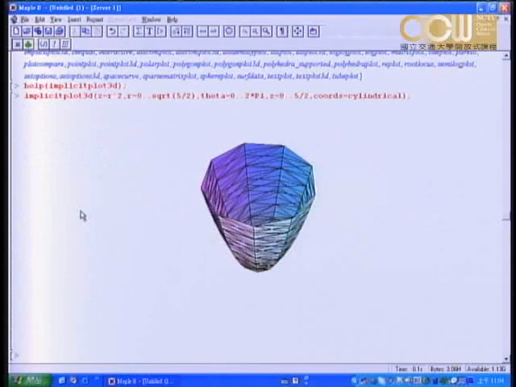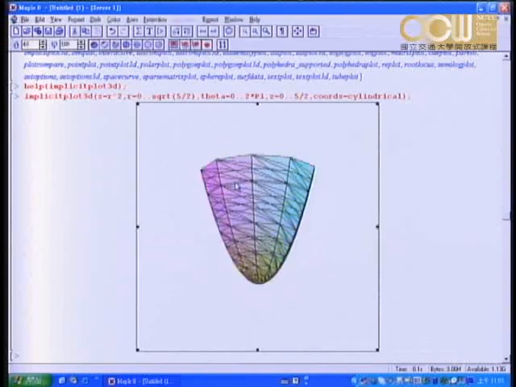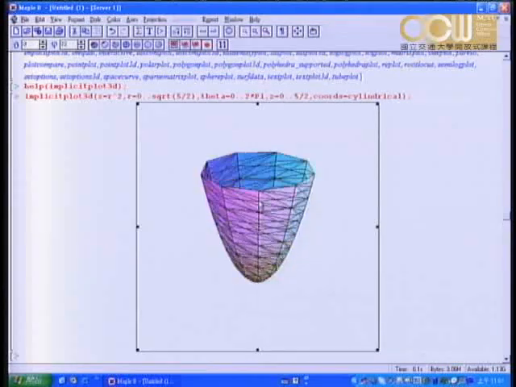You see, if you use implicit plot, the plot is not so nice compared to plot3d. The reason being that it's more complicated. What Maple is essentially doing is choosing a grid and computing the value just for points at the grid and then interpolating between them. So you see, it doesn't look so nice. If you do not like this picture, if you think it is not smooth enough, then you can